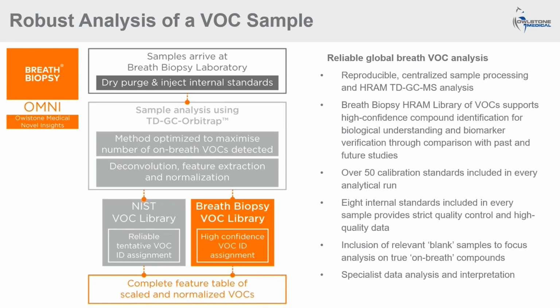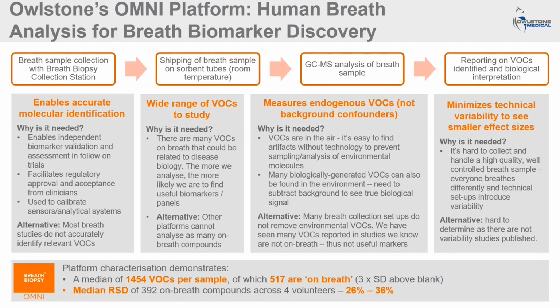So in general, untargeted analysis is what we focused on at Owlstone. It's generally what's recommended in the VOC space, as it can be used to both replicate previous findings from other studies, but also find additional VOCs with our more advanced platform. However, we can, of course, do targeted analysis. For example, if we think a specific process is hypothesized, we can focus on relevant VOCs, for example, when we're doing in vitro studies.